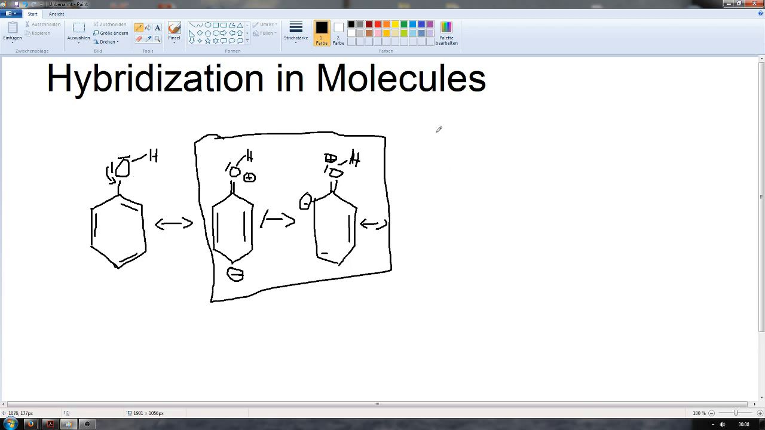Now we can also look at another example here. Let's take a look at acetylene, for example, which looks like this. So there's only one alternative Lewis structure present in acetylene, but it's pretty likely that this structure is dominantly present in the molecule. So we have this free electron pair on the nitrogen, and this free electron pair can be